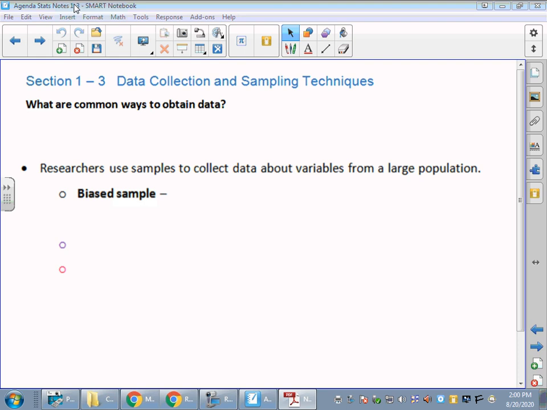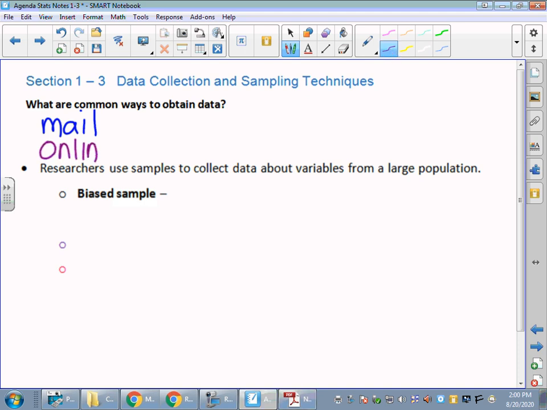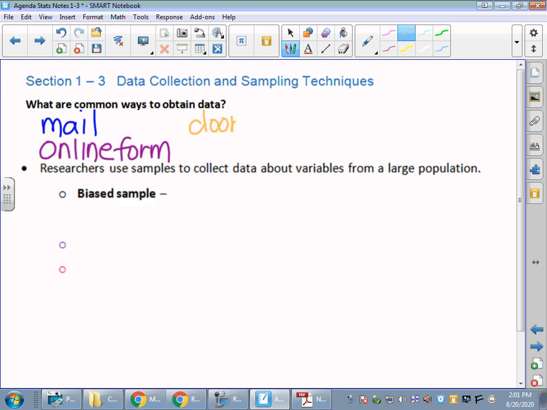Well, the first thing I think of is 2020 was a census year, right? And they mailed out forms. You could fill out those forms and mail them back. If you didn't want to fill out the form and mail it back, you could go online and fill out a form online. You may have gotten a knock on your door at some point. They had census people coming door to door and saying, did you fill out the census? So you could do a door-to-door personal interview,